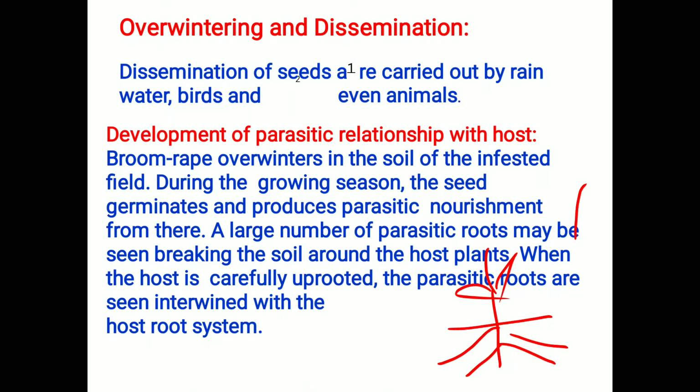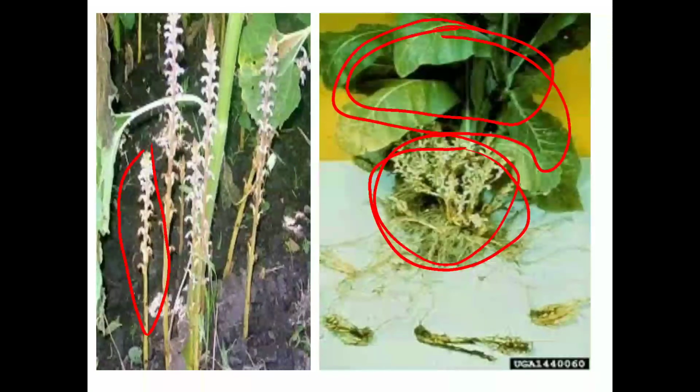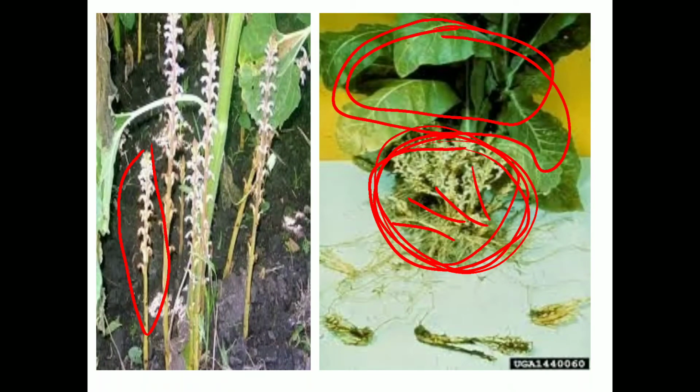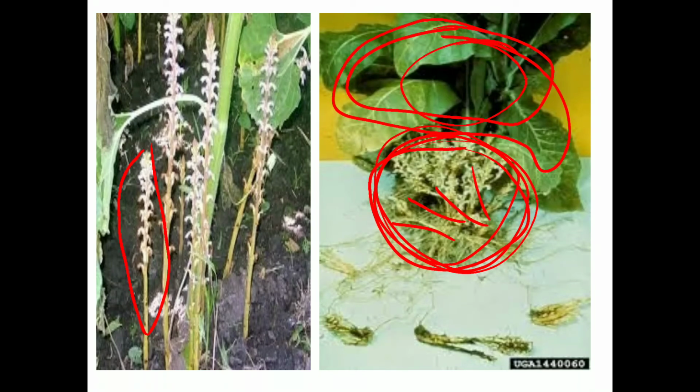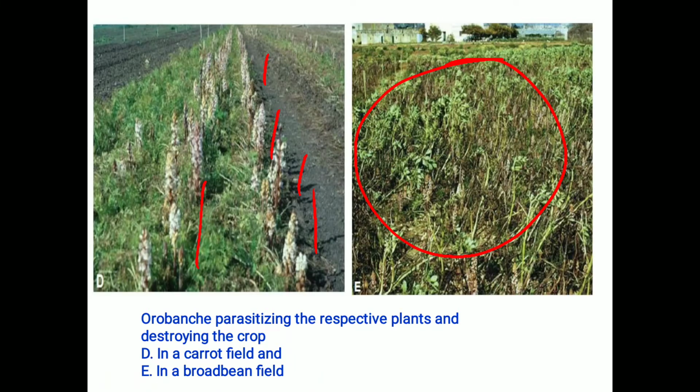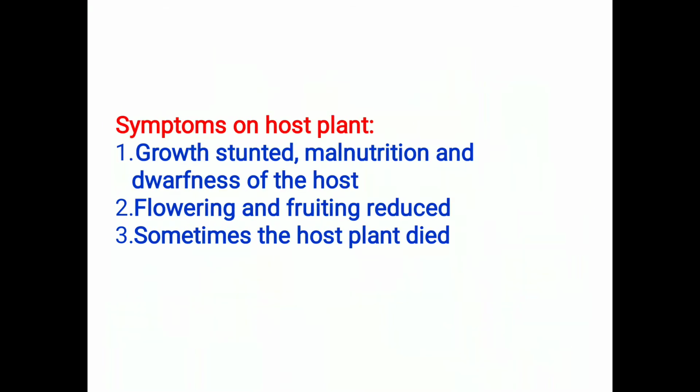Here there is an attack of broomrape, or the seeds of broomrape appear on the roots of the infected plant. So what happens is the broomrape produces haustoria. Those haustoria absorb the nutrients and water from the roots, as we see in that picture. Here there is an attack of broomrape. They absorb the total nutrients and water from the roots of the host plant, and due to that the height of the host plant is completely reduced.